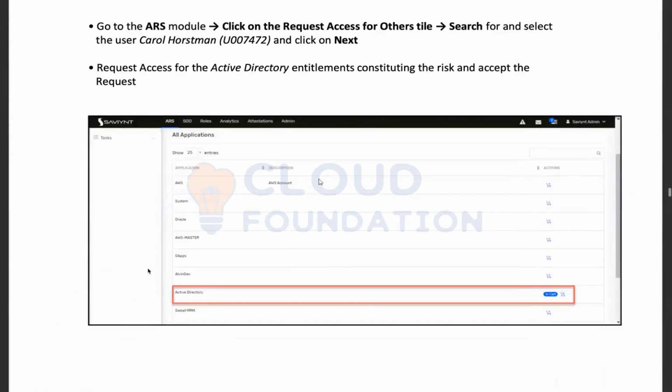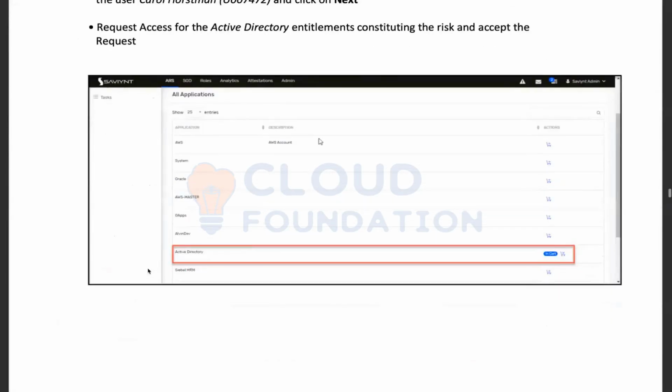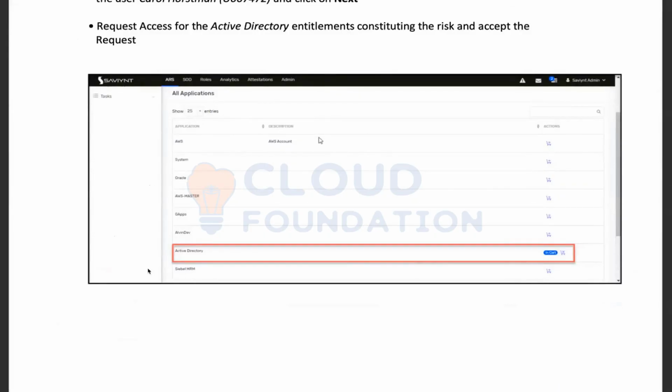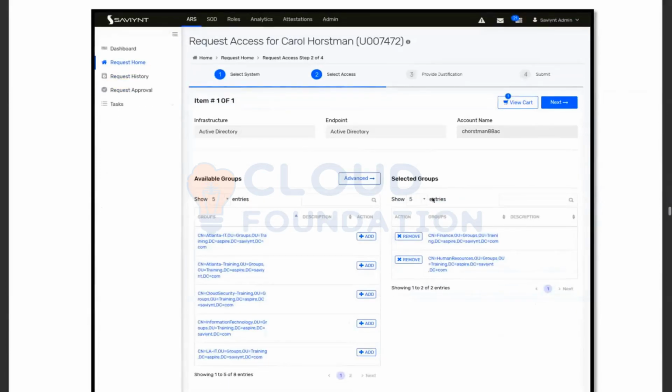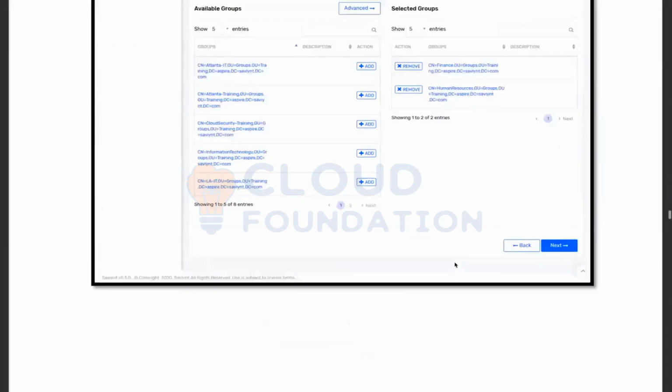Now let's see how it actually works. There was a user who wanted certain access, went and requested access for himself to Active Directory, and added it in his cart. In the next window, two entitlements, finance and human resources.